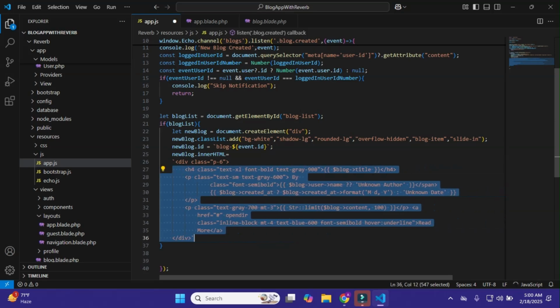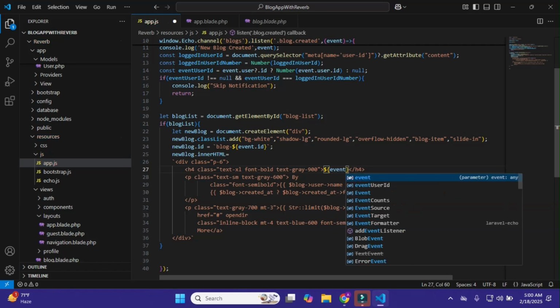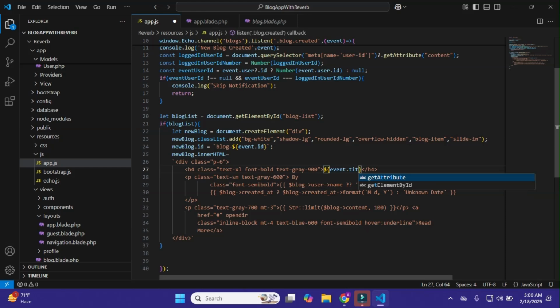Here I need to update it, like h4 class font-bold gray, and in the event title we pass ${event.title}, like this.